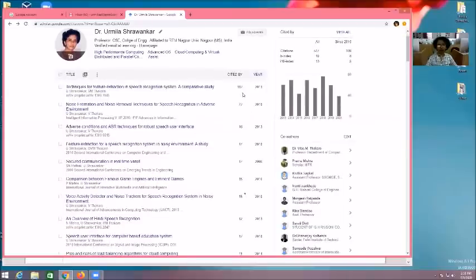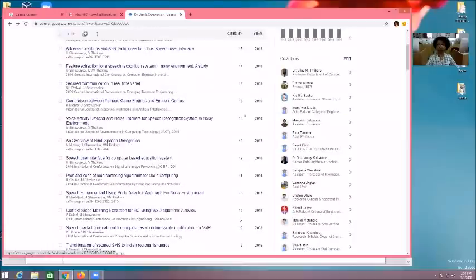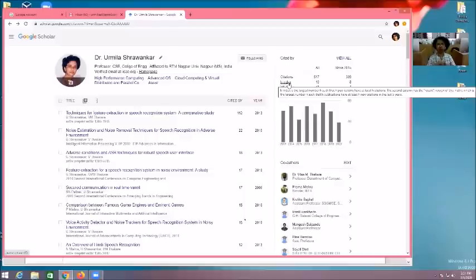Now let me count it. Here 1 paper, 2 paper, 3 paper, 4, 5, 6, 7, 8, 9 and 10. And now these 3 papers are having exactly 10 citation. So for calculating H index, it will not count the 10 because it will count more than 10. And 10 means what? I am having 10 papers having the citation more than 10. So this is called the H index. This is also asked by so many agencies at the time of feeding the data for the faculty record.